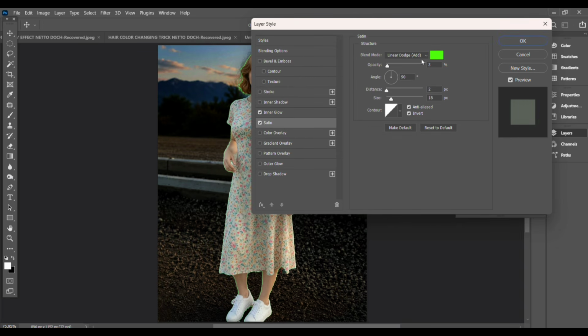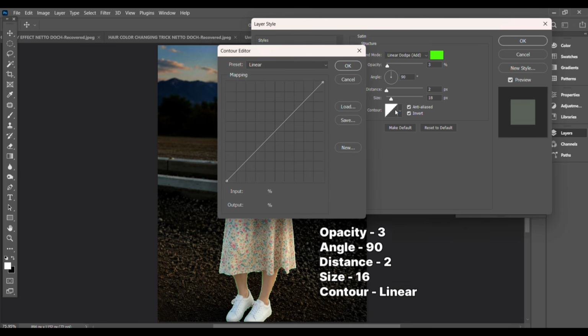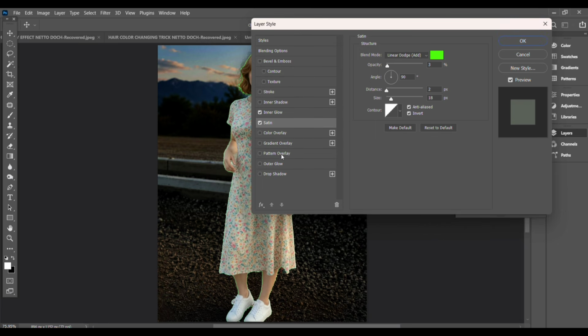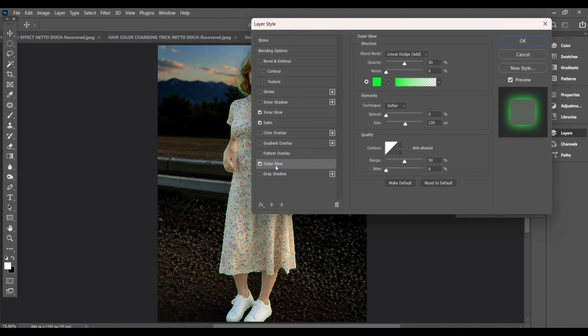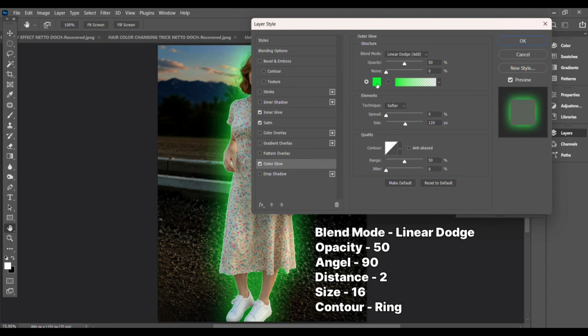Now enable satin, set the blend mode to linear dodge, add the opacity to around 3, the angle to 90 degrees, the distance to 2 pixels and the size to 16 pixels. Use the linear contour. Next, enable outer glow, set the blend mode to linear dodge, add opacity to 50%, choose